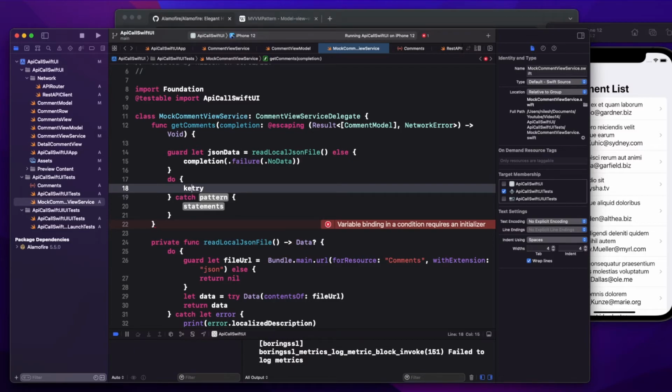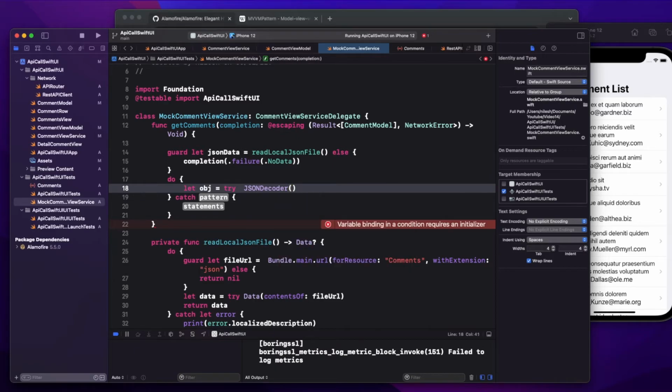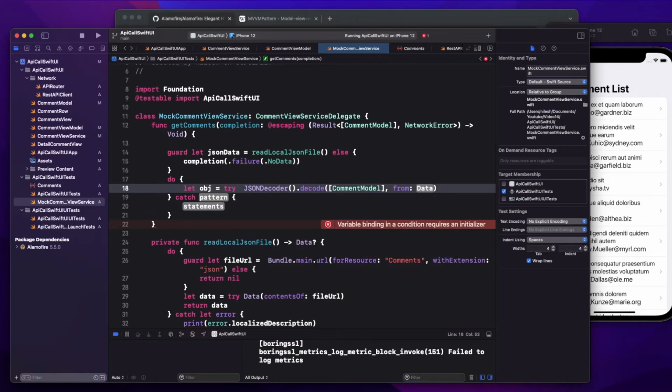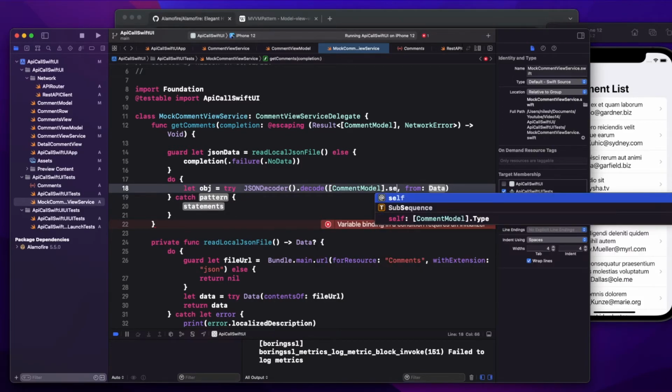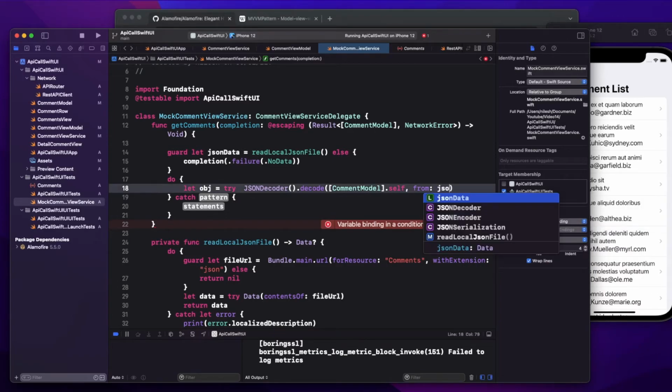So let object equals to try. It is just similar to what we did earlier. So we'll decode it, and we know that I have to decode it for my comment model. So comment model dot self, and data is my JSON data.